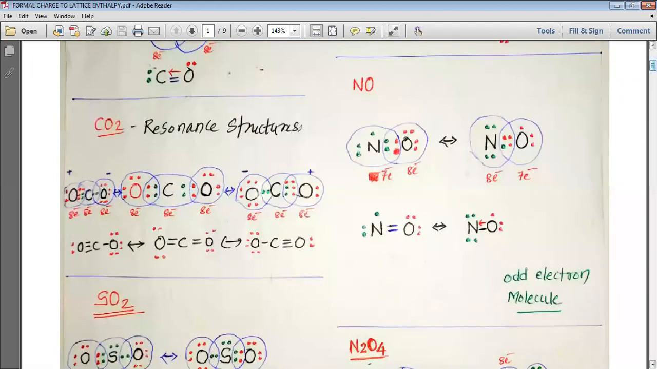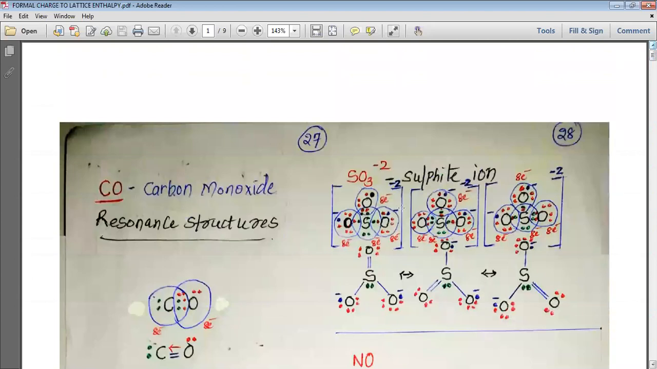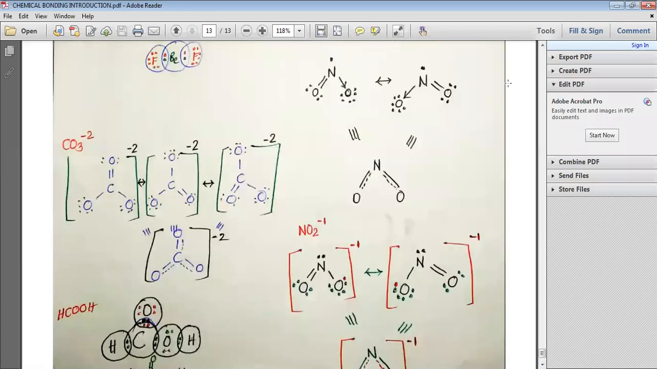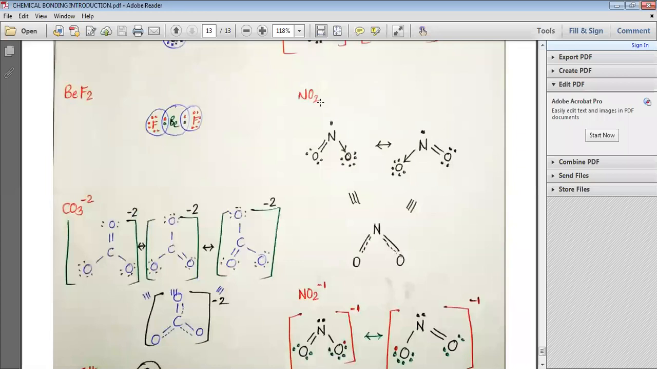See, in the case of, if you look at this NO2 minus, then you will realize that nitrogen has got 7 electrons, oxygen has got 8 electrons, so 8 plus 8, 16 plus 7, 23. This is an odd electron molecule, and though we show the resonance structures for nitrogen and oxygen double bond